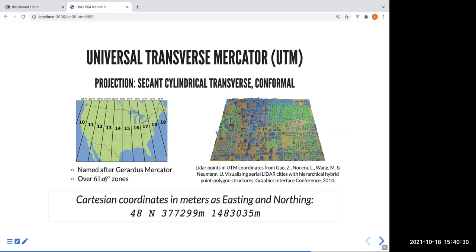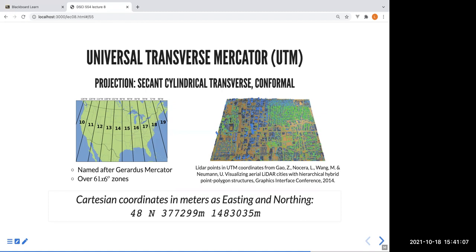And then you're also thinking about what is the square footage of your property, you need to be able to measure this on the map, right? If you have latitude and longitude coordinates, it's very complicated to do the math and do those measurements. So for this particular projection, you basically have a Cartesian plane with north and east as your main axes,